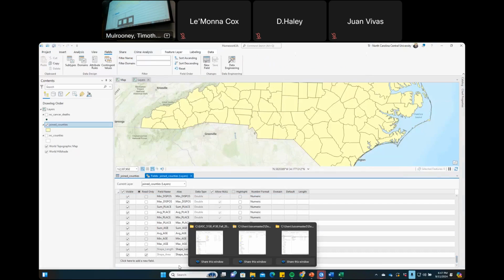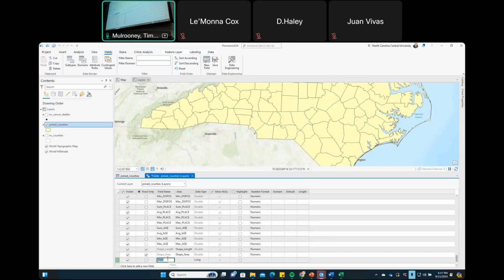Okay. So what we've got here, I'm going to go to my fields view. I'm just going to do death rate. And I'm going to calculate this as a double. Why? Because I want decimals here. I'm dividing by populations. So all I'm going to do is per capita death rate per county, multiply the whole thing times 1,000 so I can get the number of cancer deaths over this time period for every 1,000 people.